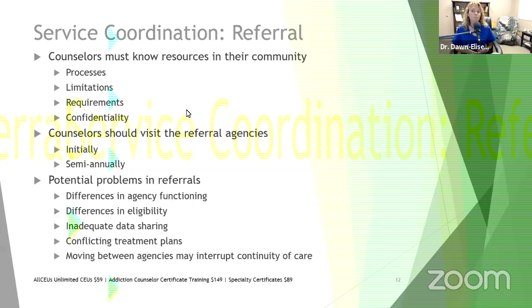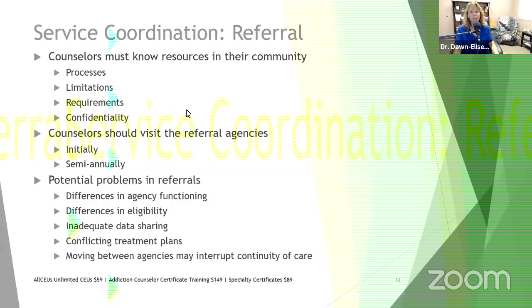And you need to be aware of confidentiality in talking to those referral sources. You can't be without a release of information. You really don't want to be disclosing client information to referral sources. Now, there are some very, very, very limited caveats in HIPAA for coordination of care, but it's always best to get a signed release of information before you start contacting referral sources.